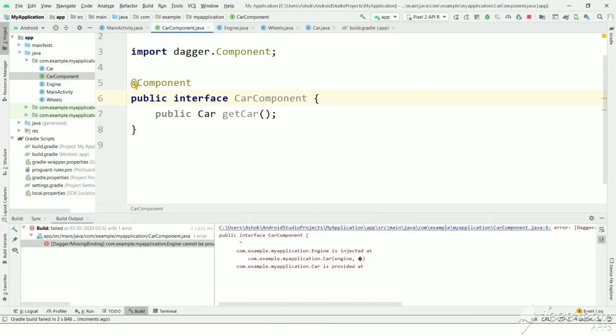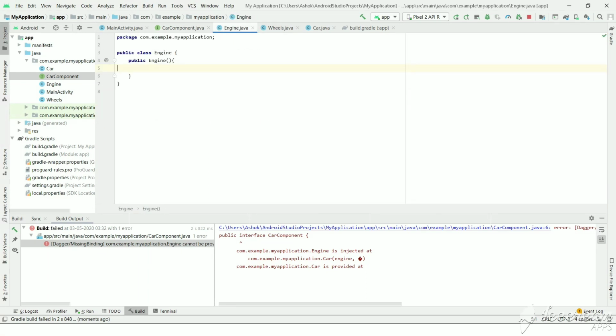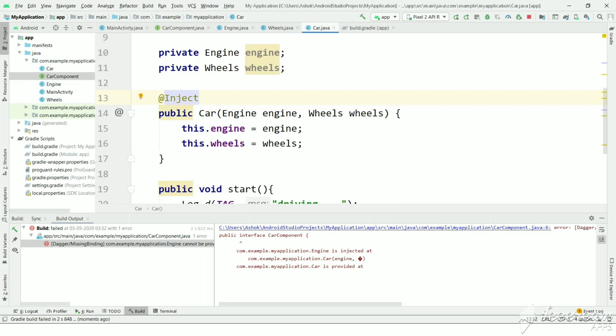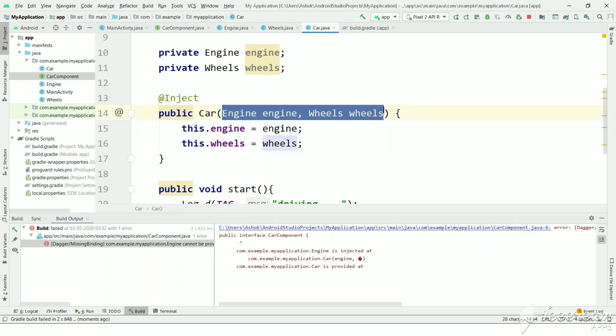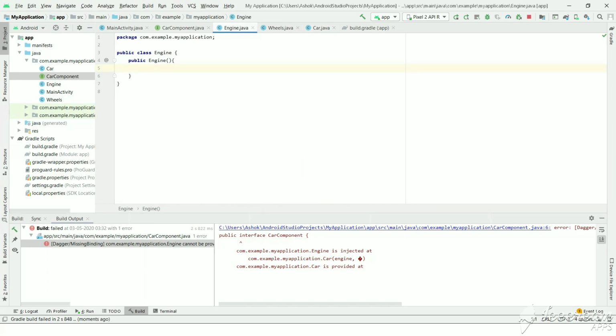Here again you see we have marked the car constructor as @Inject, but car is dependent on engine and wheels, which are not marked as @Inject. Dagger doesn't know how to create engine and wheels because engine doesn't have a constructor with the @Inject annotation and wheels doesn't have a constructor with @Inject.